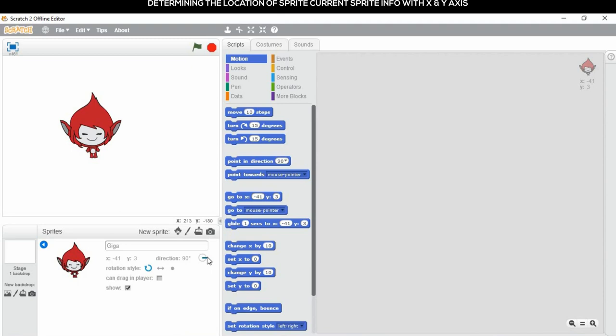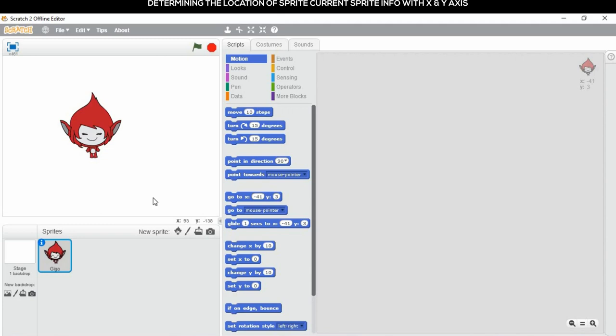If the direction is 180 degrees, then it should be downwards. If the direction is 0, it should be up. So just by clicking these degrees, we can change the direction of our sprite as up, down, right or left. And again clicking back this arrow, we can come back to the main screen.